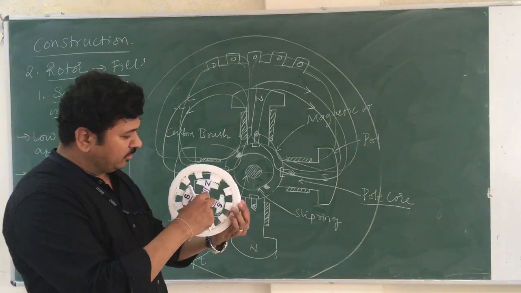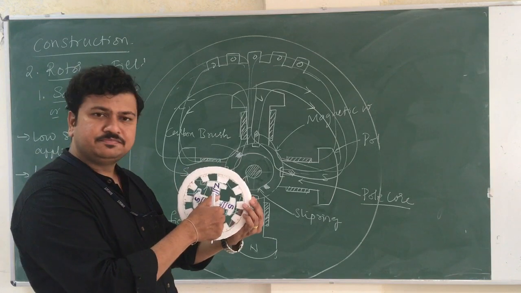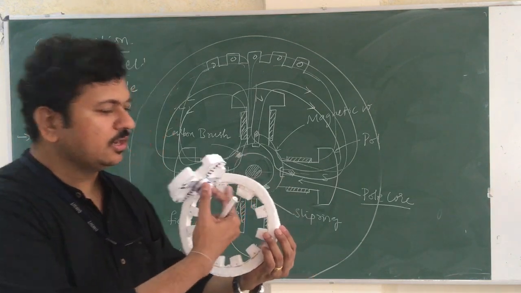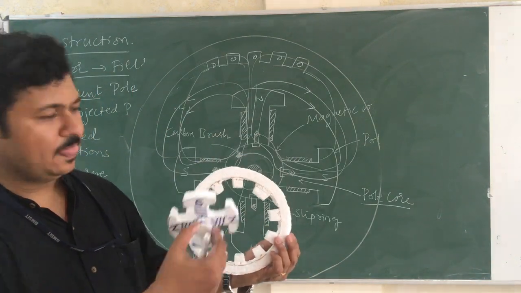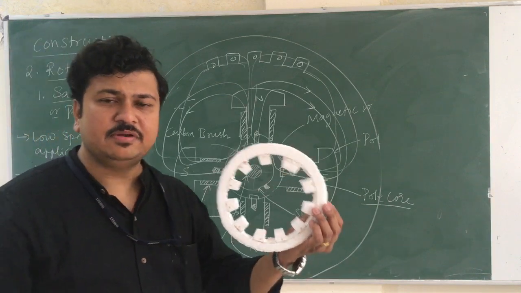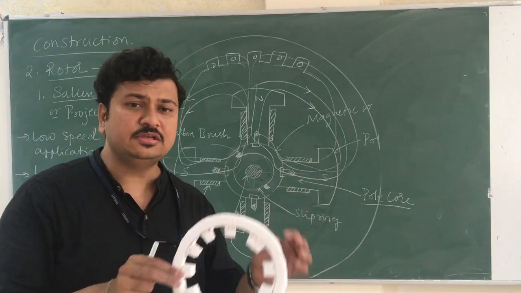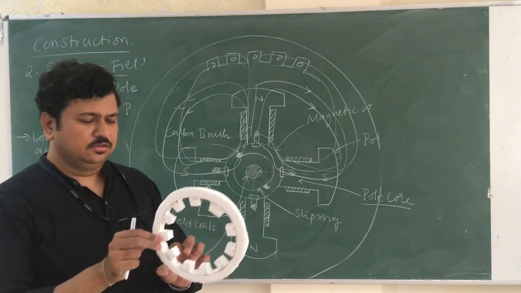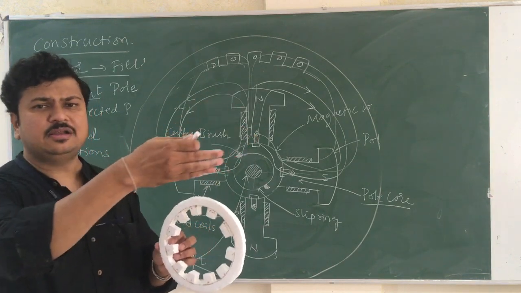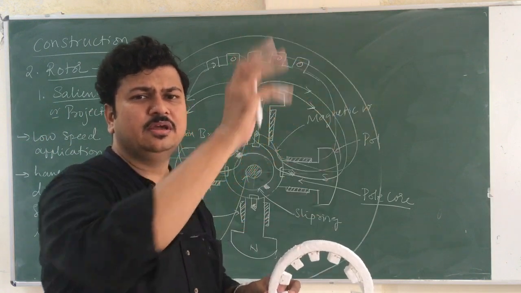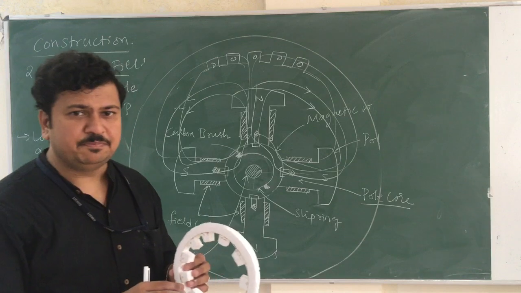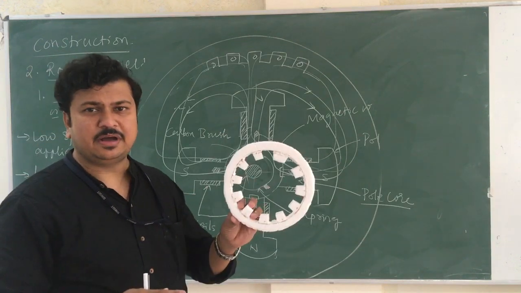Then when I rotate this rotor inside the stator, the change in magnetic flux is experienced by the stator conductor or the armature conductor and an EMF is induced in it. Now the EMF induced in this is 11 kilovolts and current is thousands of amperes. So because all the conductors are placed in the stationary part, simply I can connect these stationary conductors to any system. It is easy. Hence, I keep the armature in the stationary part.